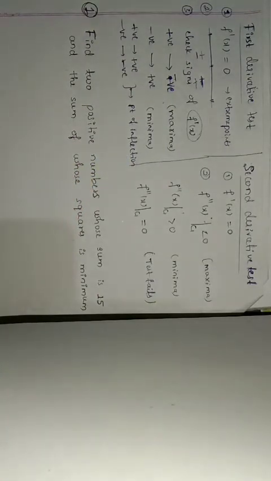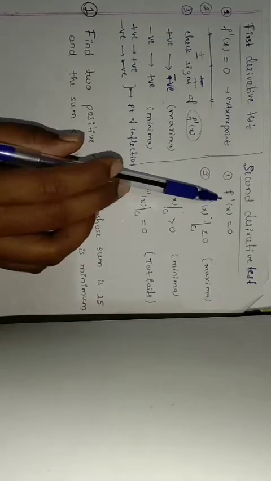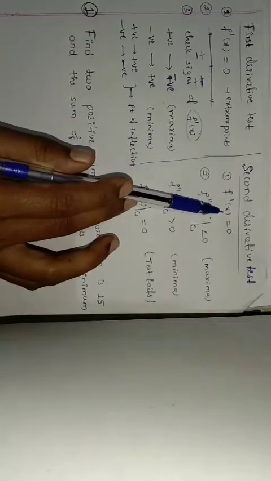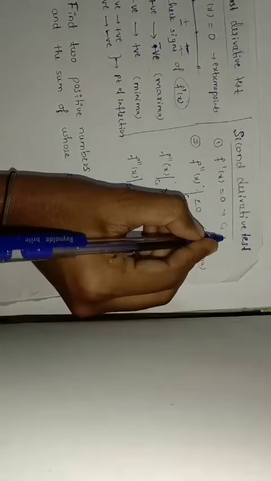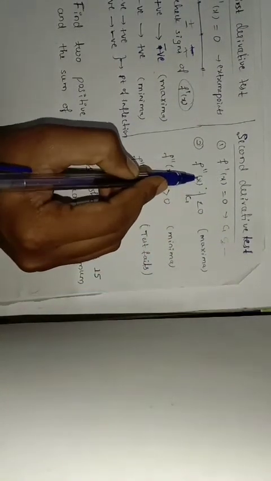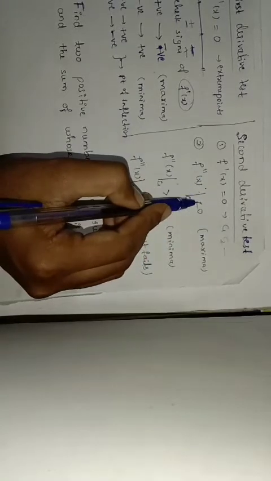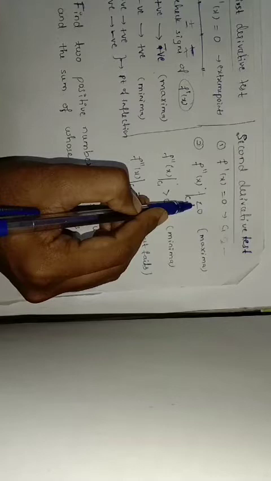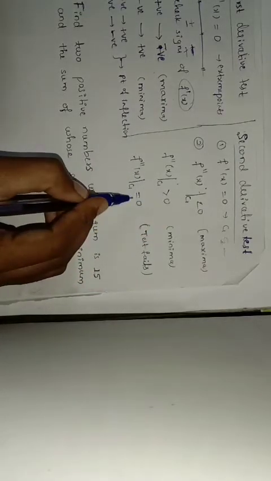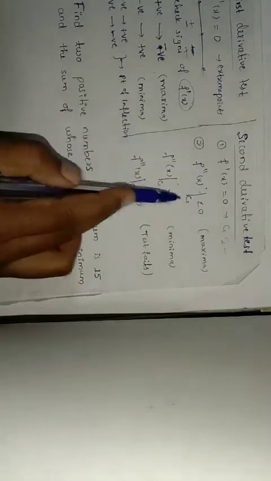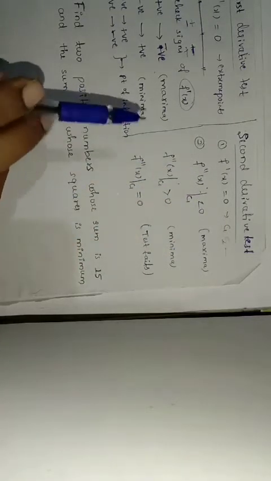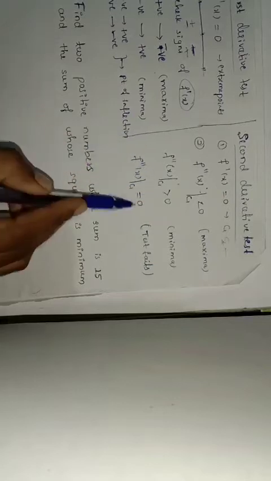Okay, so in the second derivative test what we will do? See, the first step is the same. Okay, so we will equate this f dash of x is equal to 0, and after that we will find the extreme points, that is c1, c2 and so on. Some extreme points we will get, and for each extreme point first I will find out f double dash of x, and for each extreme point I will check whether it is less than 0, its sign is negative, or its sign is positive, or is it equal to 0, we will check, and on this base we will decide the point of maxima, the point of minima, and if it is equal to 0.